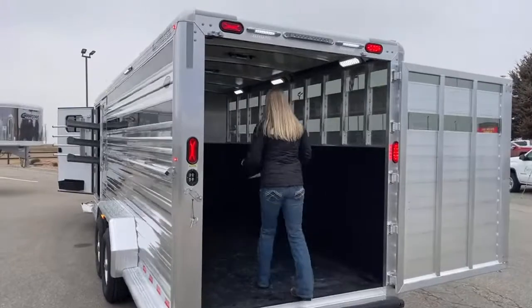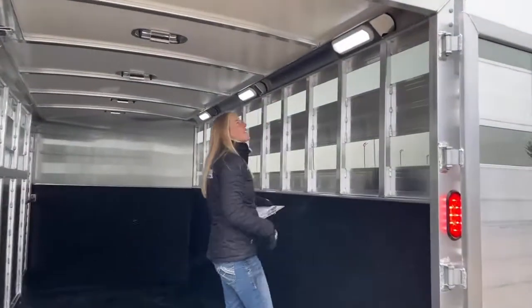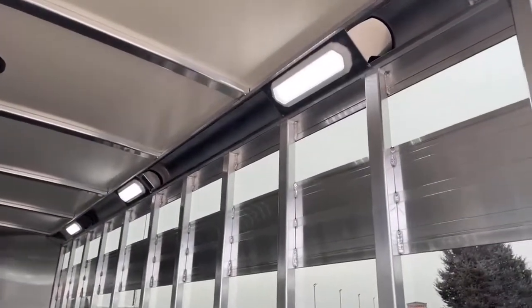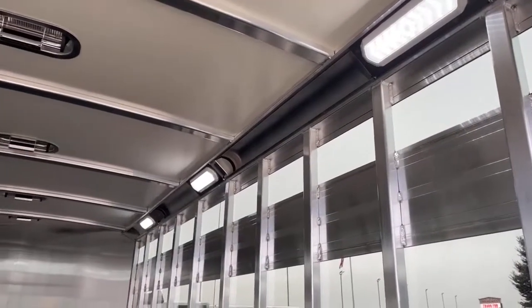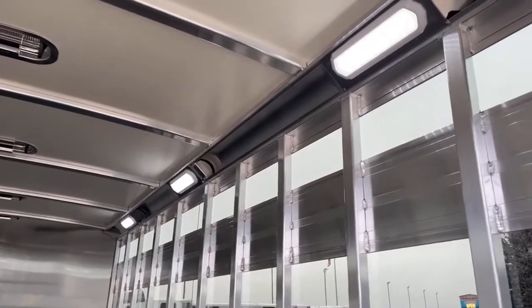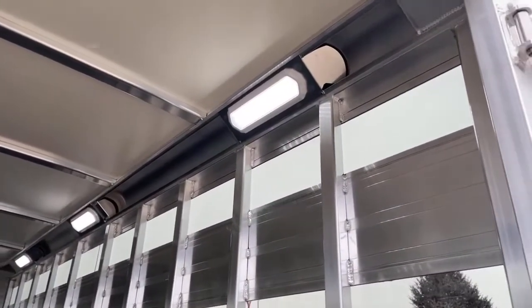All right, so as we step in here, this is something we haven't seen a whole lot of yet. These are the new Optibrite lights. So this is what's gonna come in on all of our inventory trailers. It's something that we upgrade on all of our inventory units. You can go with a standard LED light, but we like these Optibrites just because they put out so much